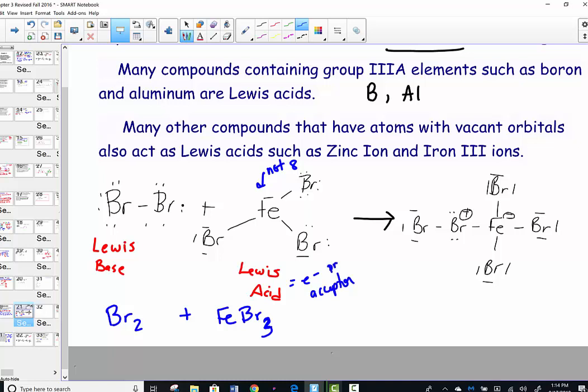Electron pair acceptor. The Br has all kinds of electron pairs around it. Anything that can donate an electron pair is referred to as a Lewis base. I'll emphasize in the next slide as well, we're getting our feet wet for the first time with the Lewis